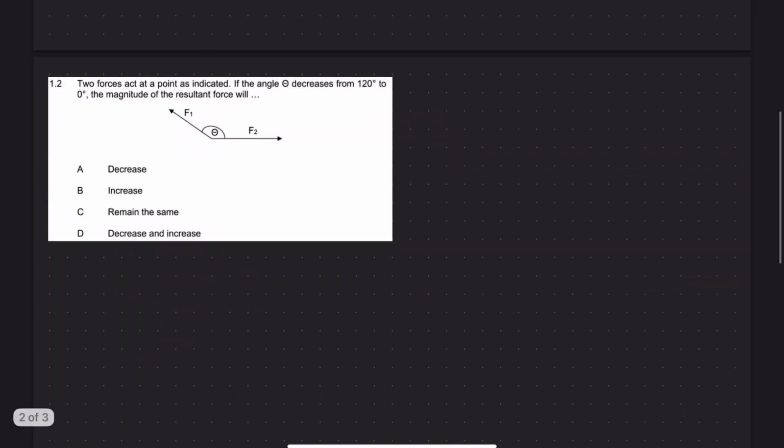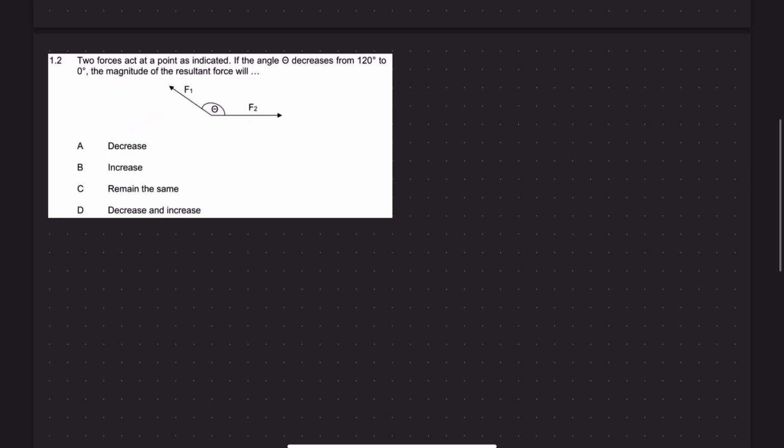Okay, next question. Two forces act at a point as indicated. If the angle theta is decreased from 120 degrees to 0, the magnitude of the resultant force will what? Okay, so again, related to the previous one,